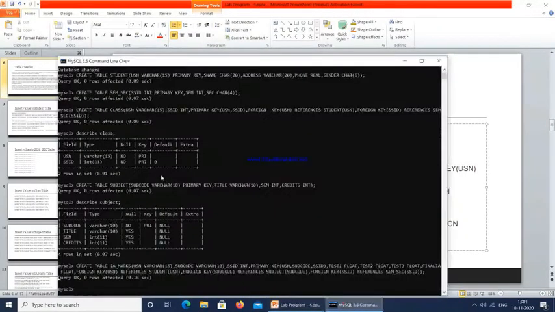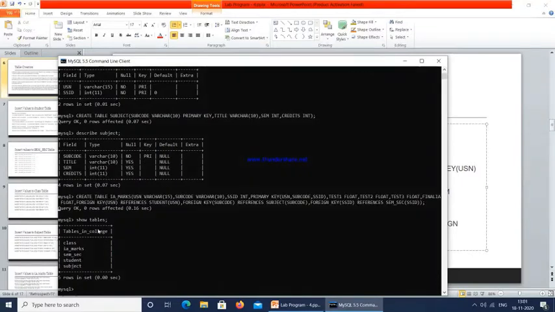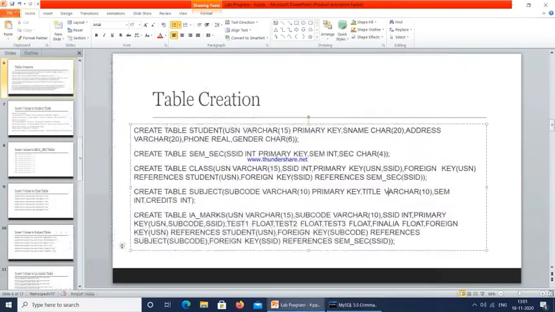So now we are done with creating all the tables. If I use the show tables command, it is going to list all the tables we have created. So we have class, IMarks, same section, student and subject. Okay. Here it is case insensitive. So whatever case you want, you can create. Even if you create in uppercase or lowercase, the tables that we are going to create in the college databases are everything lowercase only. Okay, don't worry about that. It is case insensitive. There is no rule that you should type in uppercase or lowercase only.